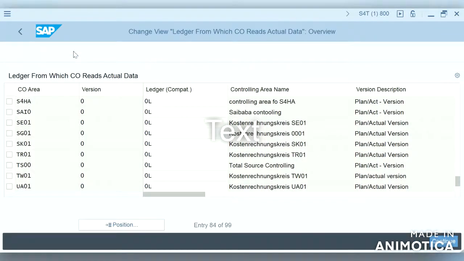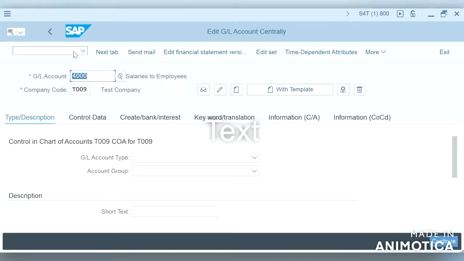So one more thing to discuss here: before we create a cost element with KA01, if we try to create a cost element with KA01, it will redirect to FS00. If you want to check that, KA01.